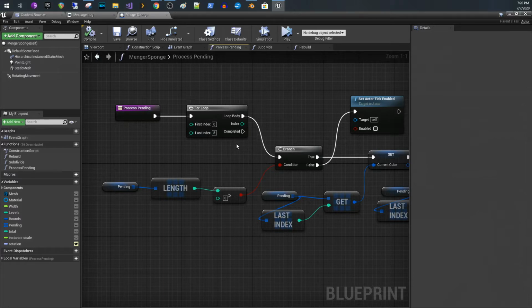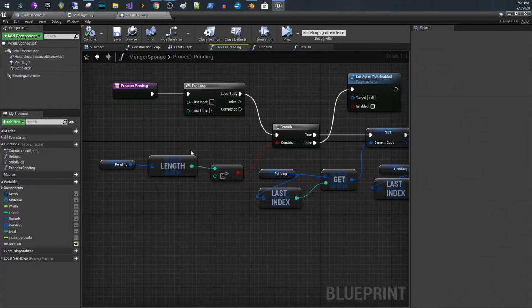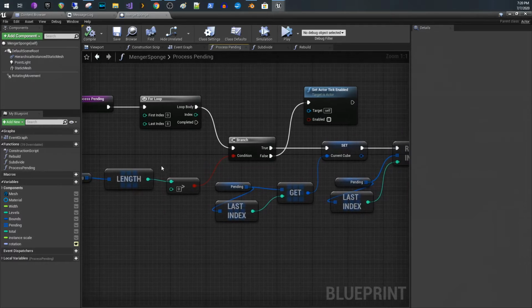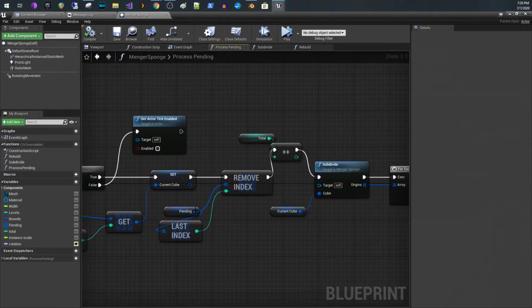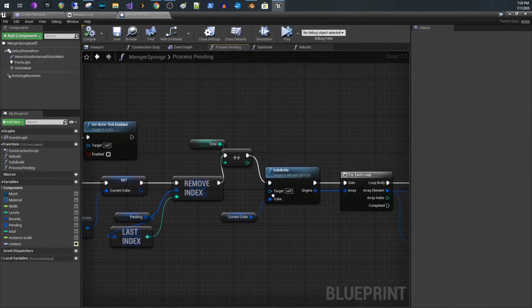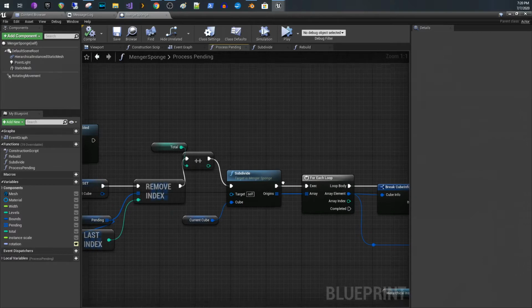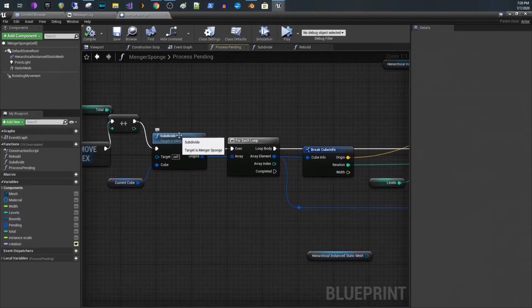I did that just to speed things up a little bit. But what I would do is I would say if I have any pending cube info items to process, then I would remove the last one, grab the last cube info item, store that, and then I would call this subdivide function. And what subdivide is doing